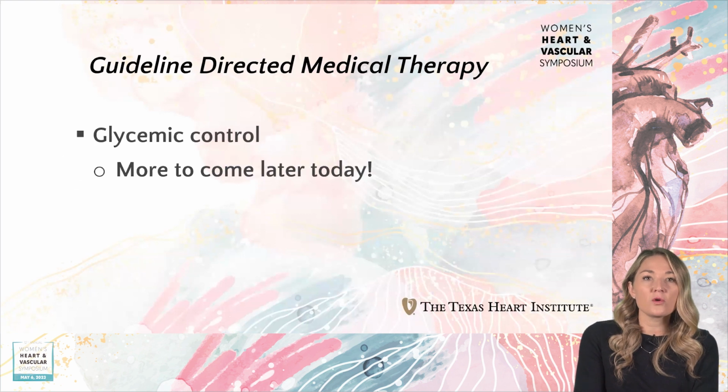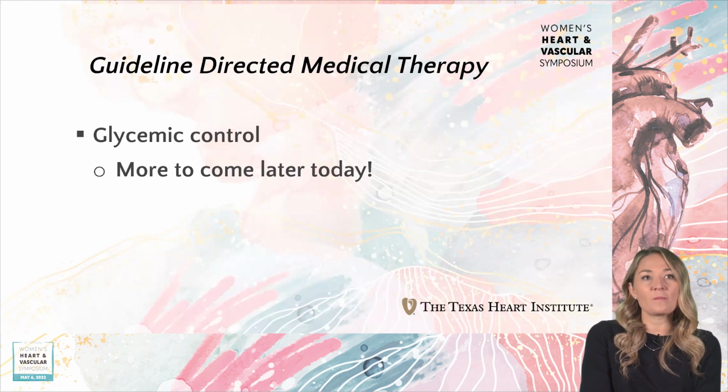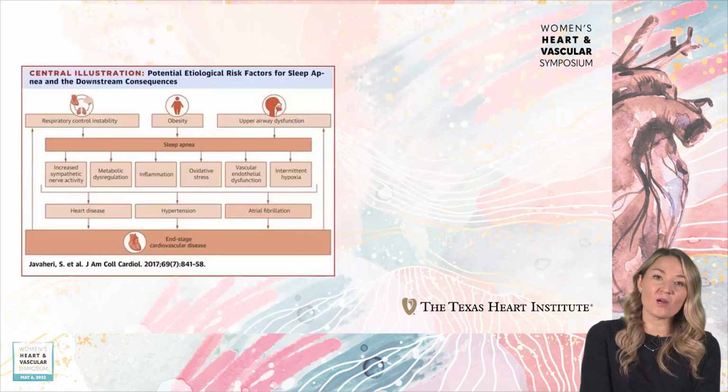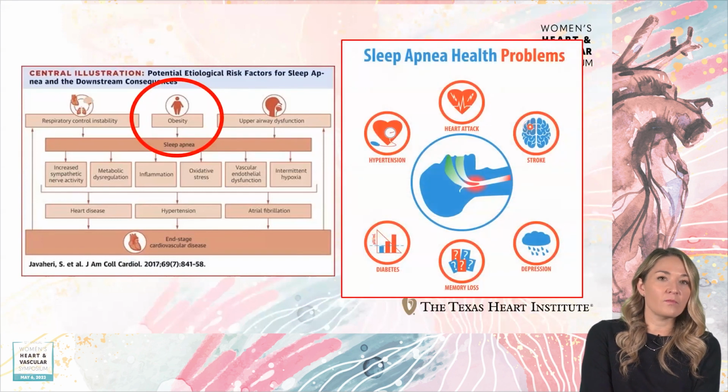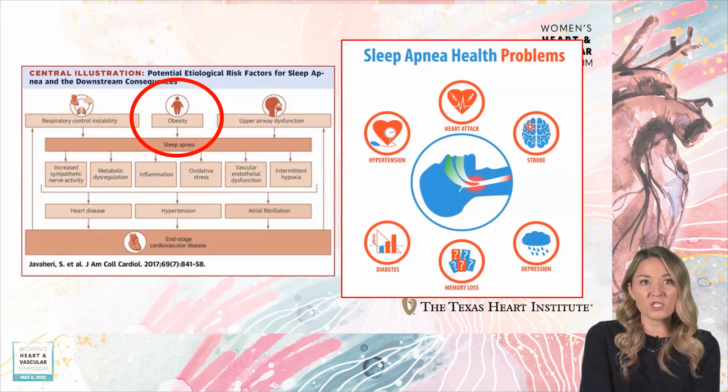All right, glycemic control. I know we have topics on this today, and this is a very fun, long topic, it could be an hour of talking about why glycemic control is important for your heart and your heart health. So I'm going to skip through this one. And then one of my favorite things to talk about now is sleep apnea. If I scrolled back to one of my first slides, the American Heart Association has Life's Essential 8. Those are the 8 things that we as clinicians need to focus on to improve heart health for our patients. And sleep apnea is one of those now.